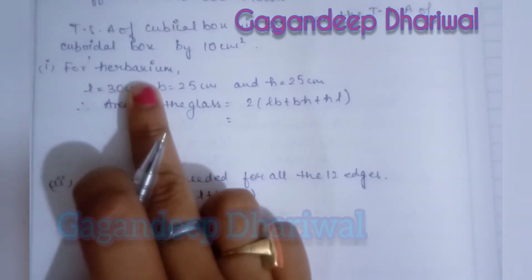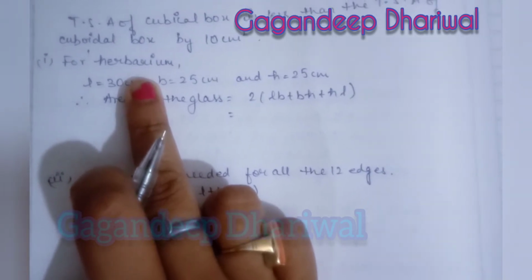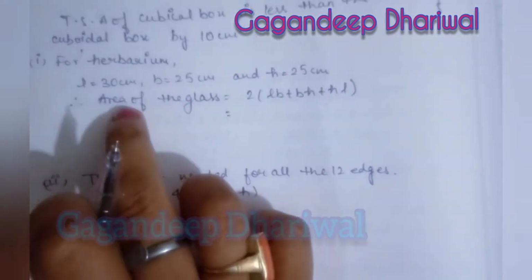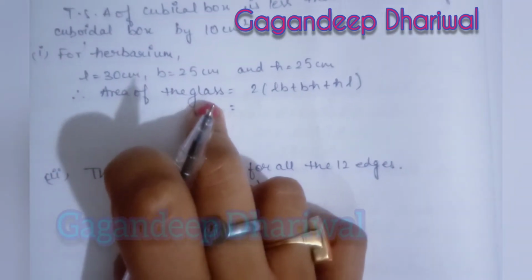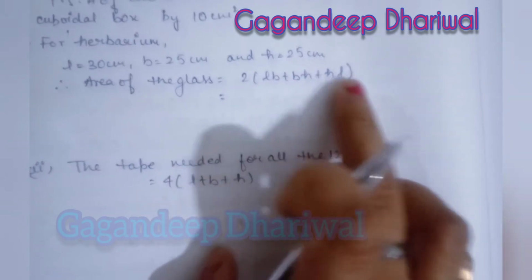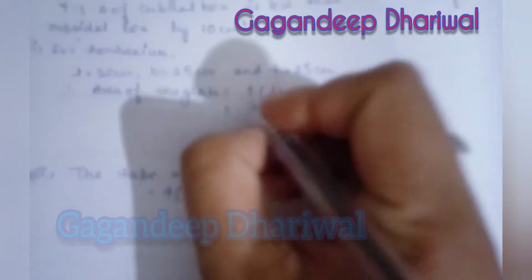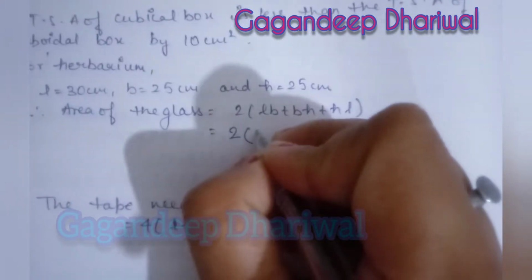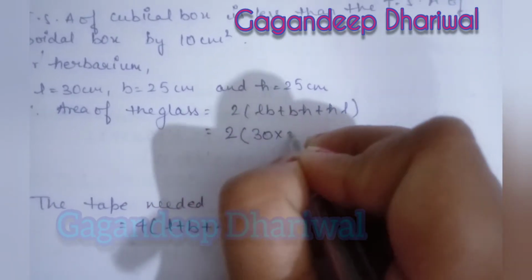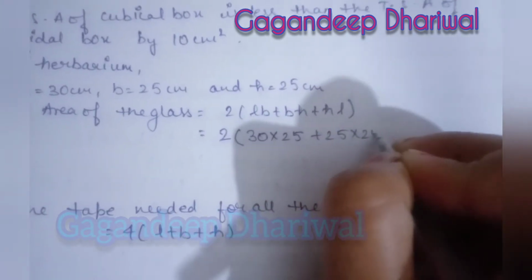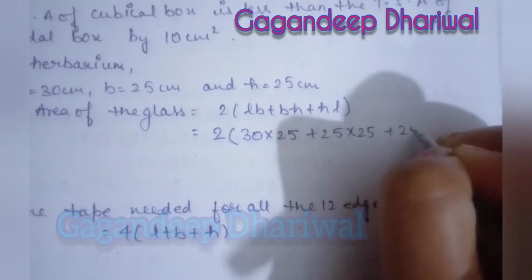For the herbarium, we have to calculate the area. Length, breadth and height are given to you, and the area of the glass, which is the total surface area, is twice length breadth plus breadth height plus height length. Now when we put the values, that is 30 into 25 plus 25 into 25 plus 25 into 30,